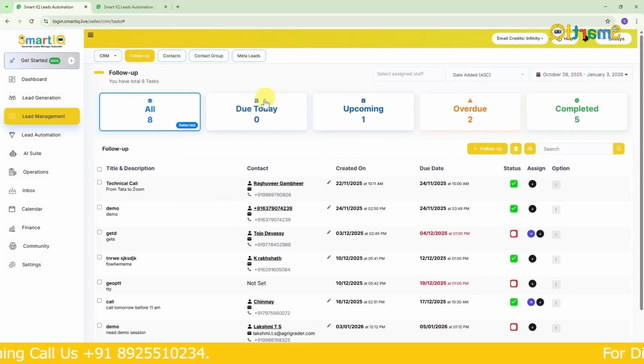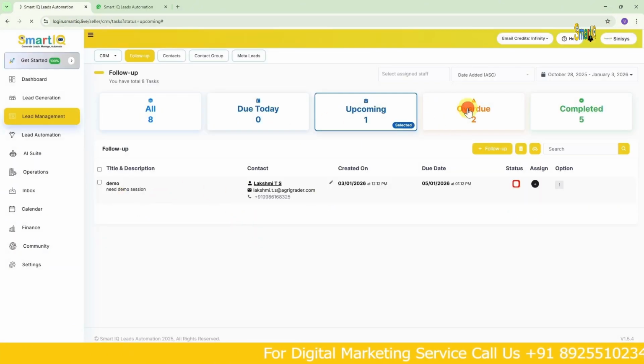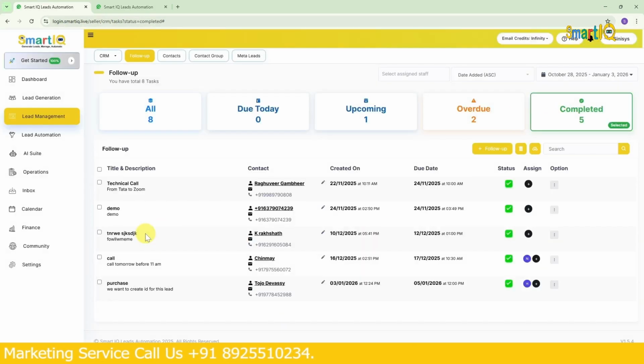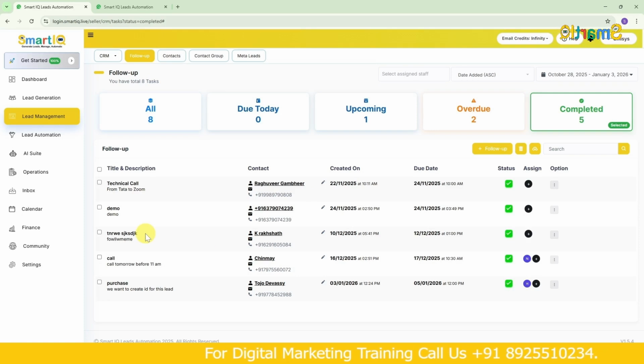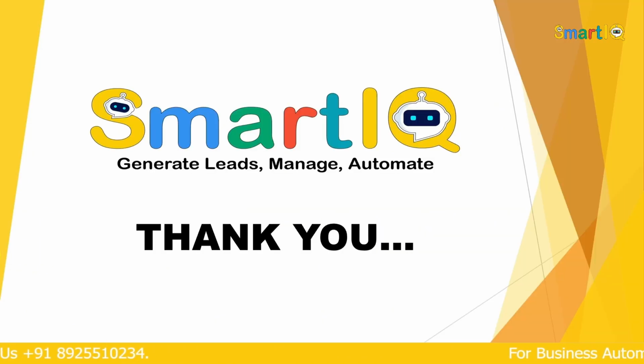For today's to-do, there's nothing for today. And in the upcoming to-dos, there's only one. We can click on that and check what's upcoming. Already 2 are overdue. It shows that the time is up for 2 and 5 are left. The follow-up status is set to complete. So what happens because of this? It means we can manage and keep track of everything, when today's to-dos are scheduled, when the upcoming ones are, and which ones are overdue or completed. This way, we won't forget to follow up with customers, and we can make sure that each customer is assigned correctly to the right person. So I hope you've understood this feature well.